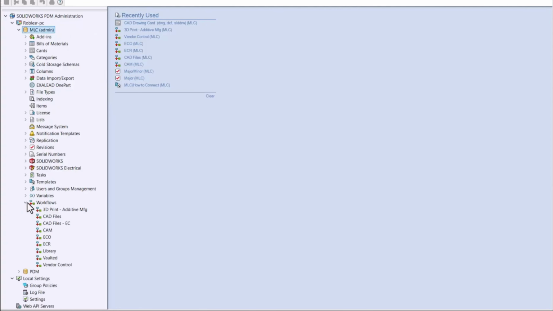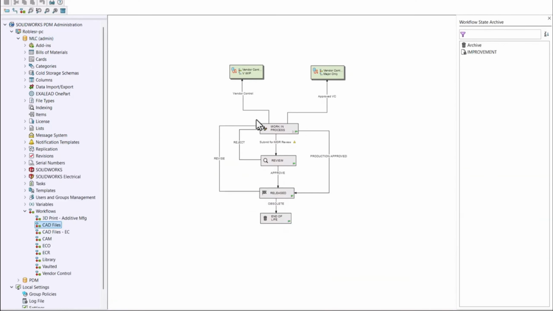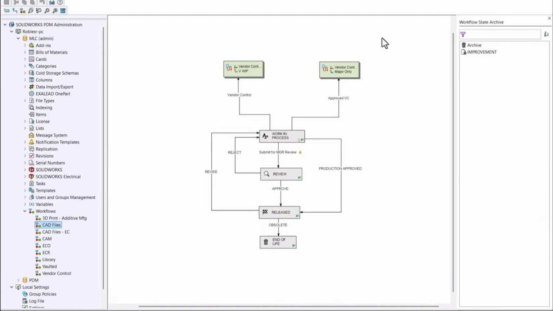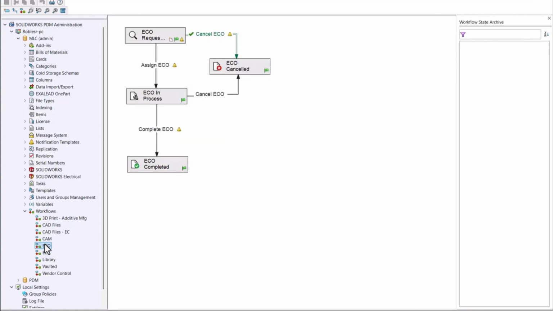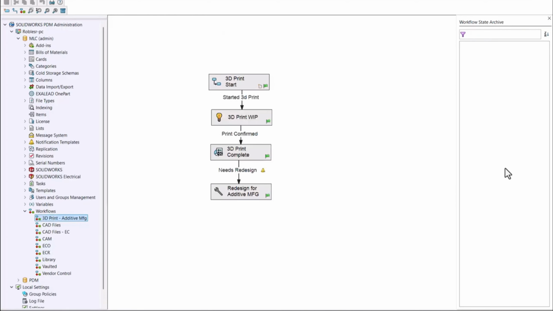In this administration console, MLC works with you, our customer, our clients. And this is where we start training you on how to actually use the administration tool. In this case, what you're looking at is my personal vault. These are the workflows of how I control my CAD data, how I control my engineering change request process, my change order process, and even things down to my additive manufacturing files that I'm going to use for my 3D